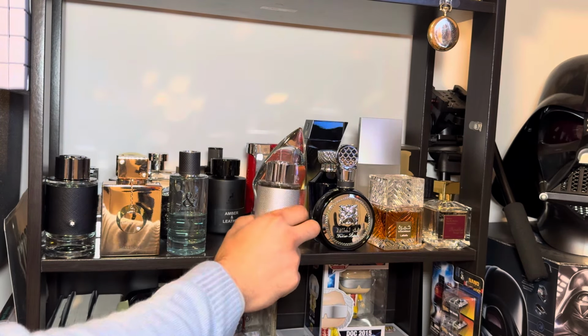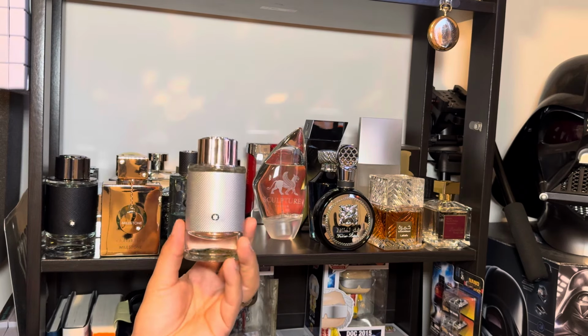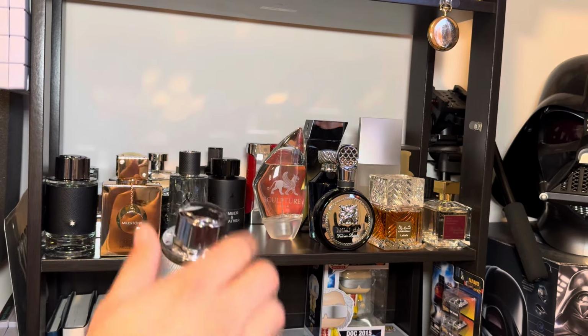That's a clone. This is not a clone. This is Explorer Platinum by Montblanc. This one is a polarizing fragrance because some people like it, some people don't. It's super heavy, really good. This one,